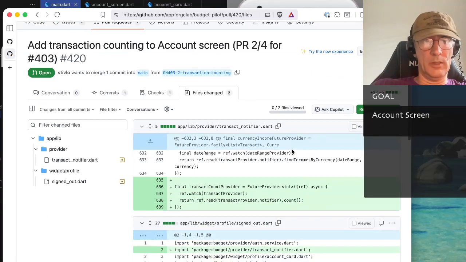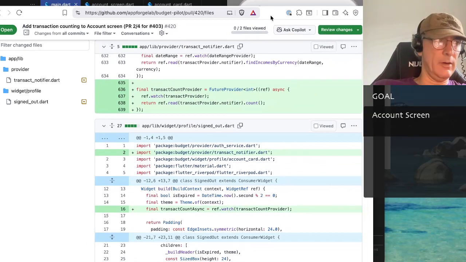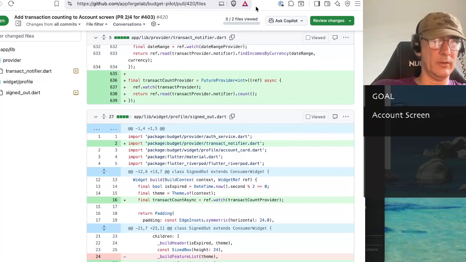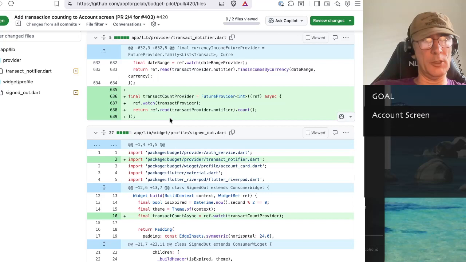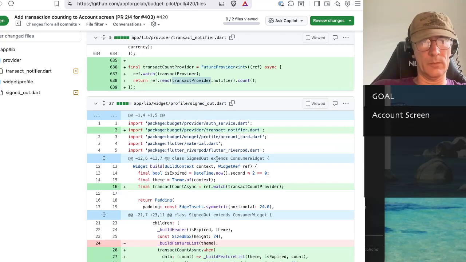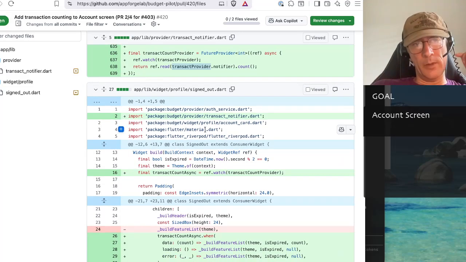All right, let's check the actual PR difference. Okay, it's just 27 lines. Actually, so nice to work like this. That was a good idea. I thought it was too granular, but this makes it very easy to understand the changes. So there is the transaction count provider, which depends on the transaction provider, so it's updated. We already checked it, it works. And it gets the count. It was already available. So no change there, but then inside out,